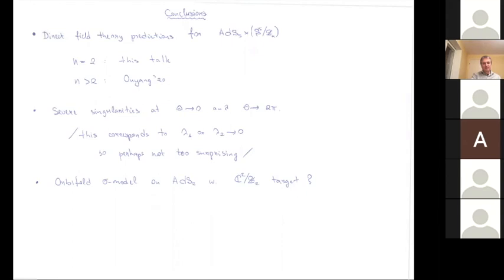So on the string side, do you think there is a unique resolution, or there should be some universality in how you resolve the singularity? I'm not a specialist in orbifolds and their resolutions, but my understanding is that in this case, the resolution is unique